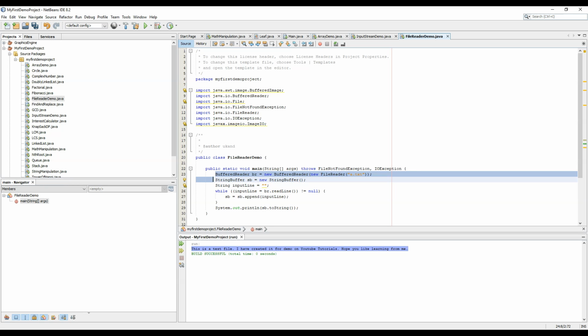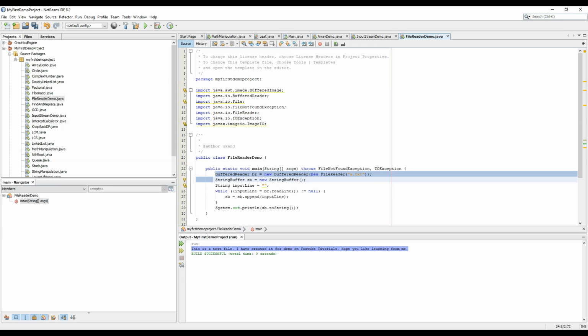I could have also used sb as a string, but if the file would have been bigger, the file read time would have been multiplied. If I have a character string of length 10, it will take a time proportional to length 10, but in case I use string, it would have taken 10 into the previous length of the line, so 10 into 10 is 100. In case it's 1000 characters, it would take 1000 into 1000, that's about 10 lakh or 1 million. So that's proportional to the square of the length, and that's not good.